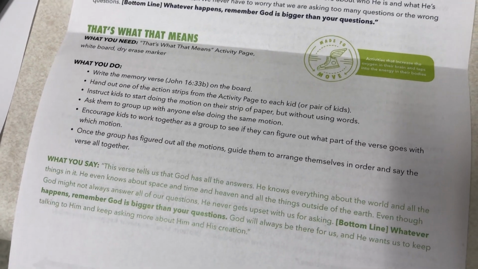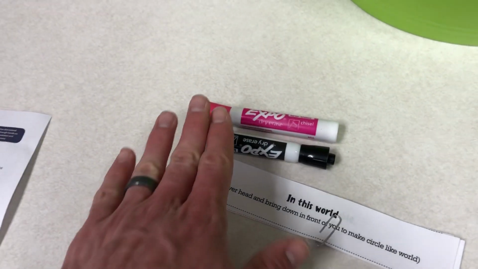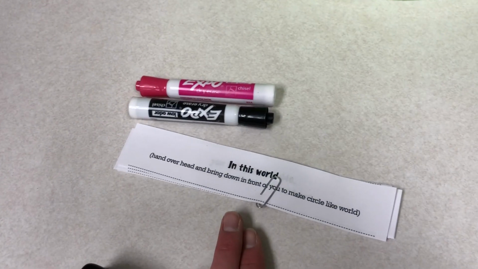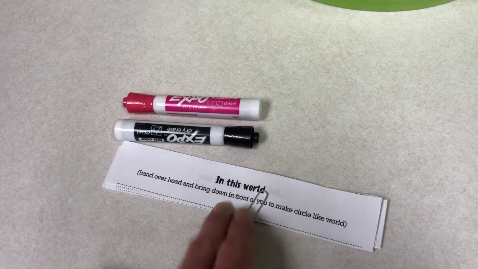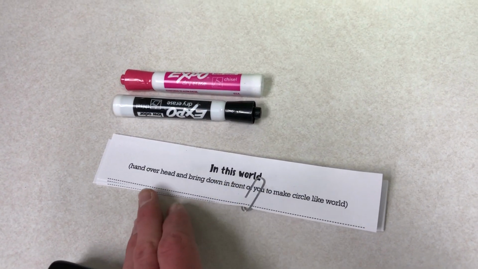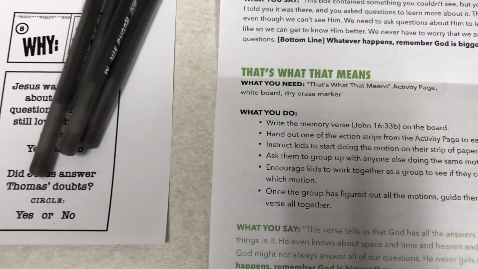Last activity is a memory verse activity. So you're going to get a dry erase easel. So you write down the verse on the dry erase easel, and then you're going to pass out these slips that have parts of the verse on it, and then also some motions. And this is one where the kids who